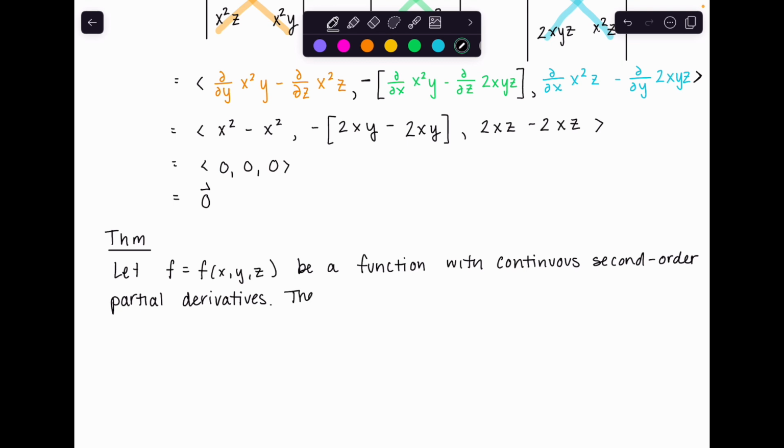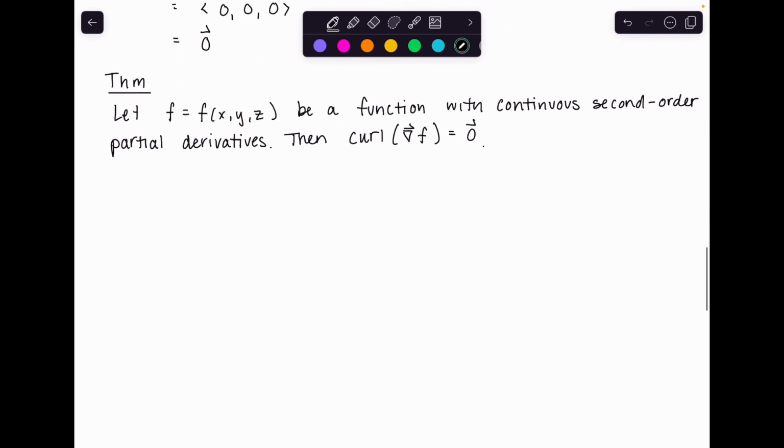Then the curl of the gradient vector of this function will always result in the 0 vector. Again, the result has to be a vector. So like I said, this is something I can give you the proof of pretty quickly, and it'll hopefully make sense. But if I find the curl of a gradient vector,